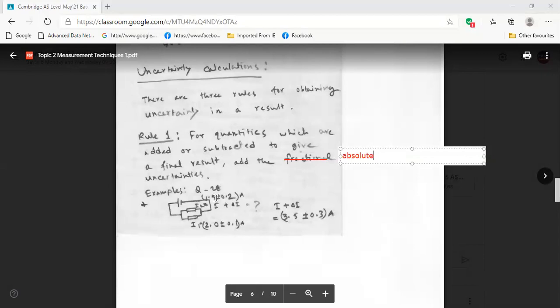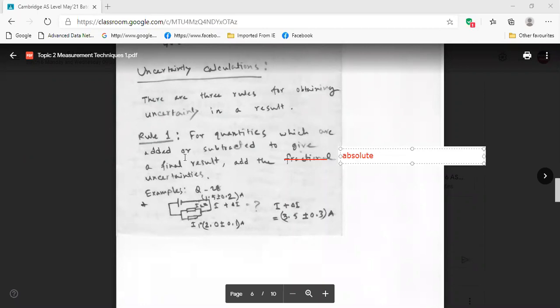You have another ammeter where you can minimum measure till 0.2 amperes. So that's why in this ammeter, or in this current, we are writing plus minus 0.2. Is it clear now? So here we got 0.2 and 0.1. These are called absolute uncertainties.